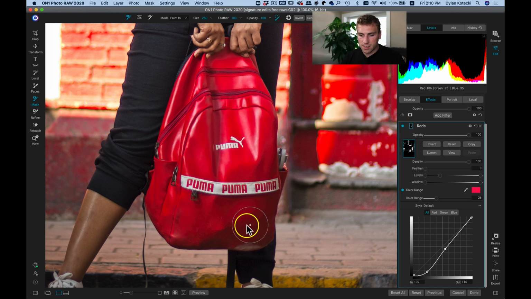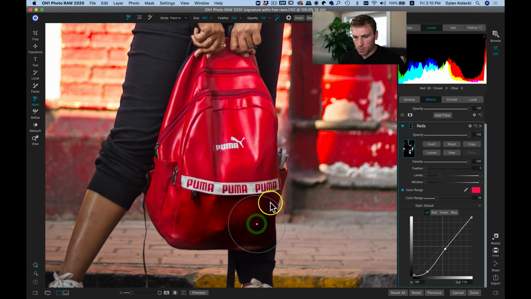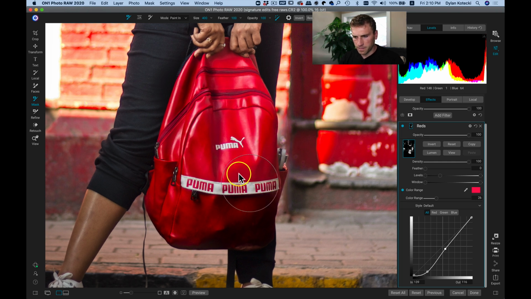but it's not applying this to down here on the bottom part of the backpack, and I want that to be applied there. So I'll just use my perfect brush, use a big old brush size here, and then I'll just paint this in to the bottom of the backpack. And we can actually use it to paint into the top too, even just to add more. So now if we zoom out,